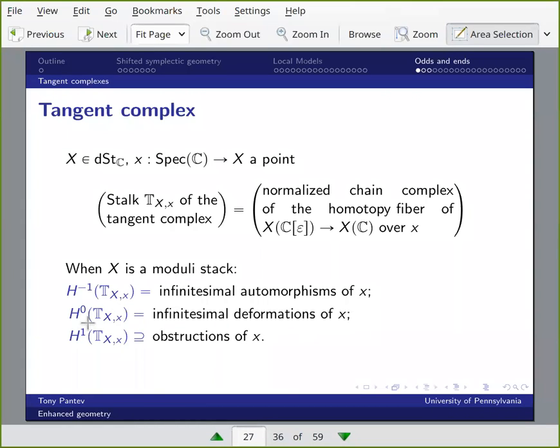The degree 0 cohomology is the first order deformations of the object that the point represents. And the higher degree cohomology contains the obstructions to deformations, but it contains extra information too, because remember, our points are now parameterized by extra data. They are automorphisms, and then they are